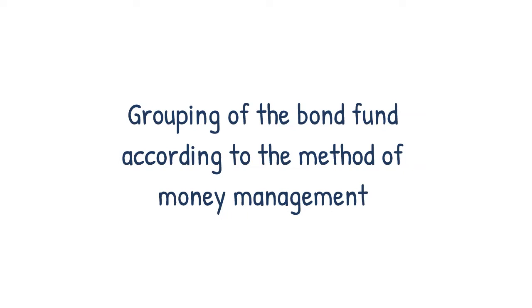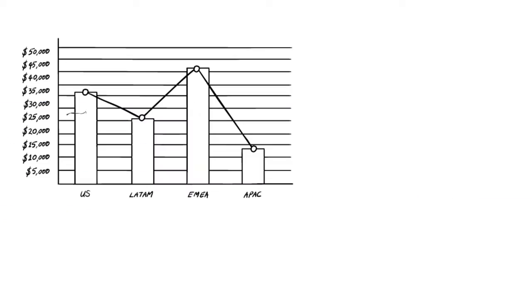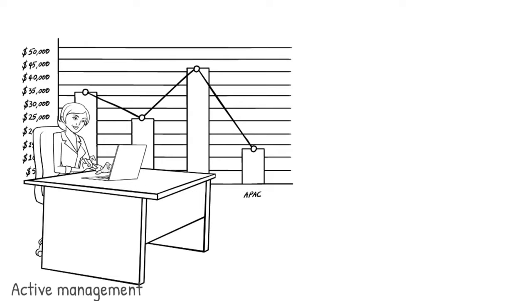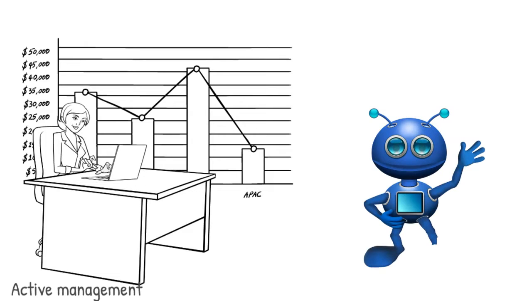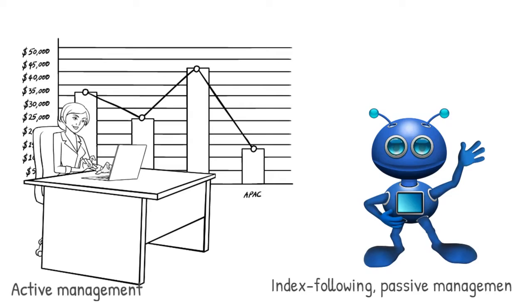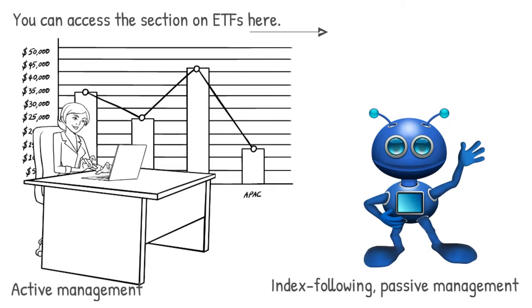However, it does matter which bond fund you choose. There are different types of bond fund. They can be either actively managed bond funds or bond ETFs. Bonds are usually held either until maturity or until interest payments are made. This makes them less liquid, so it is not easy to set up a bond fund in an index tracking way. It is necessary to have a sufficiently high turnover even with lower liquidity. Not easy, but not impossible. This was already discussed in the section on ETFs, you can find that section here.